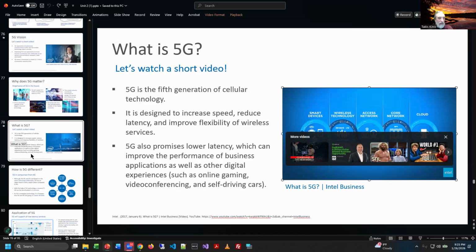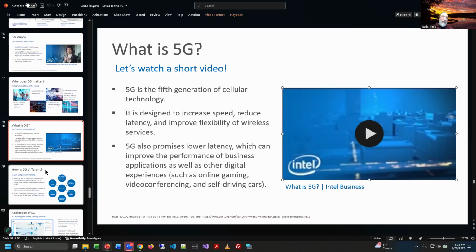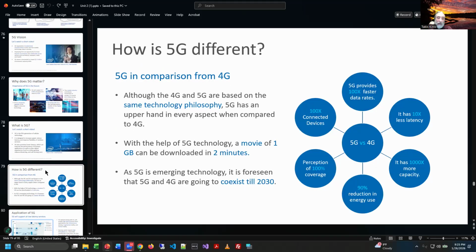A little bit of a commercial for Intel there, but when the technology was first being developed, they were trying to really envision why it's that much different, and really it is, right? If you start to look into the differences between the previous technology and the current technology, it really is significantly faster. It has way less latency, much faster transmission rates. It uses less power, etc.